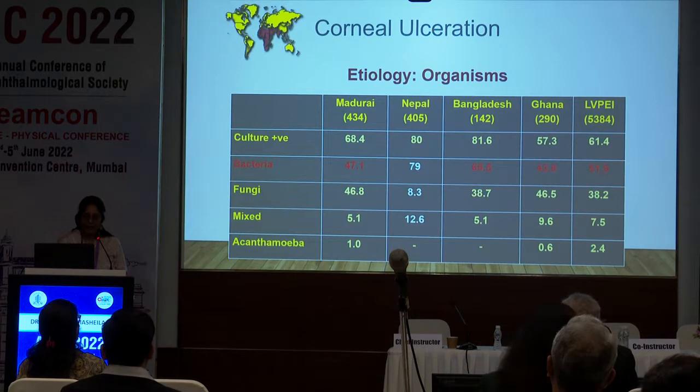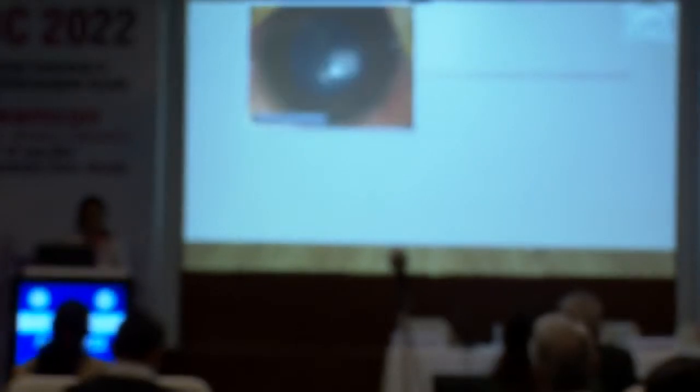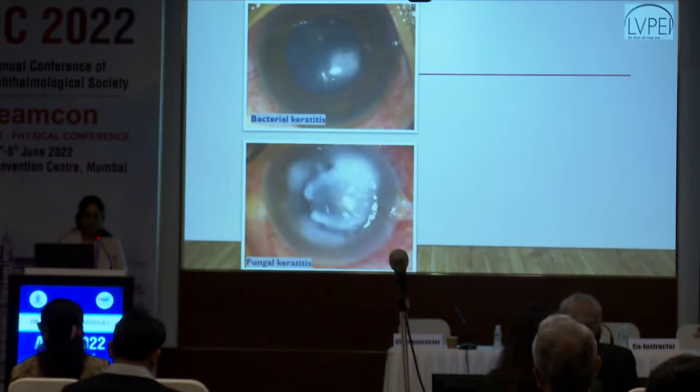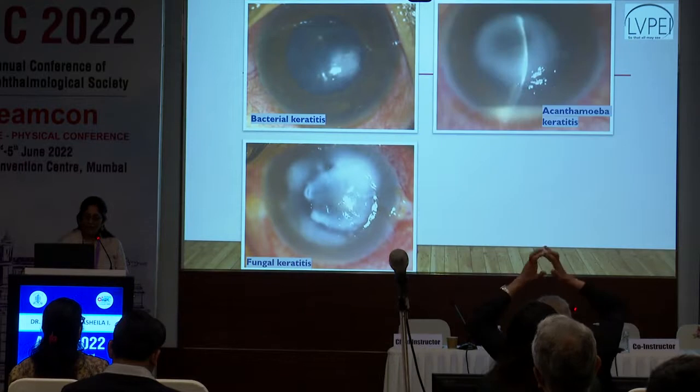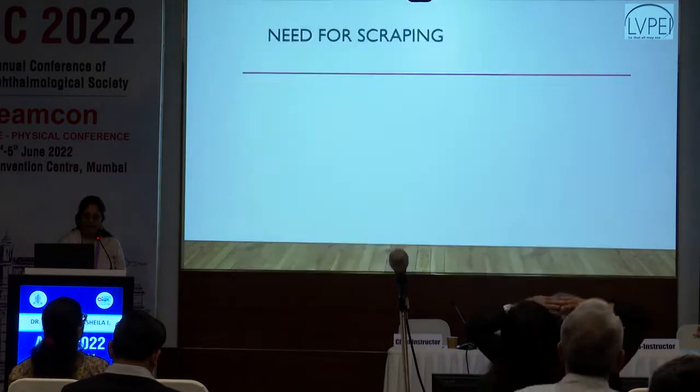So that's the reason why we need to be very well aware of the spectrum of organisms that we have, which includes bacteria as well as fungi. But if you notice, it's kind of half and half. So we cannot just go with empirical therapy. We need to know what exactly the patient has. It's not enough to just have a clinical diagnosis without sampling the cases of infective keratitis. For example, these are very classic textbook-like pictures for each of these entities that I've put up.